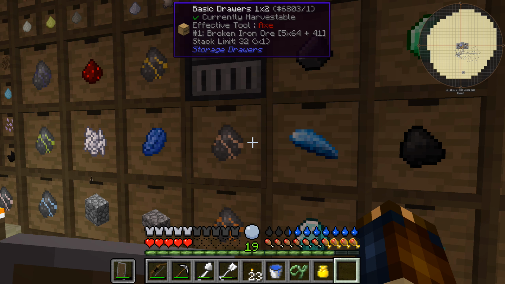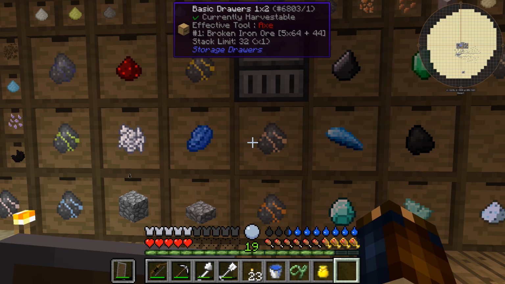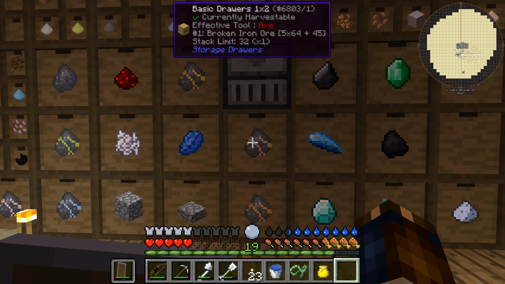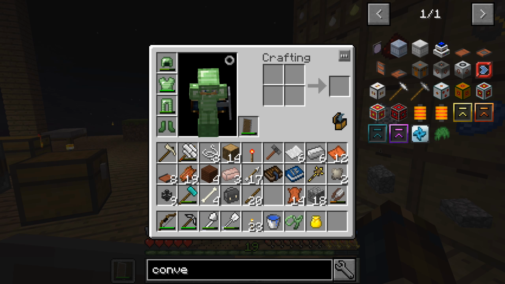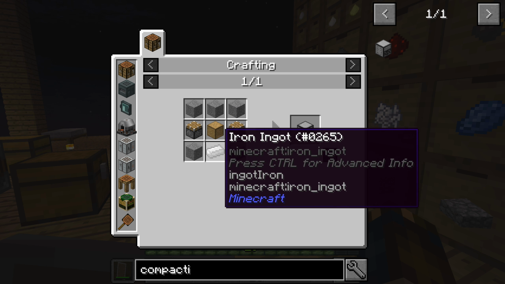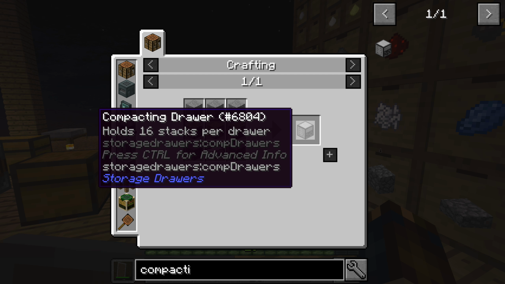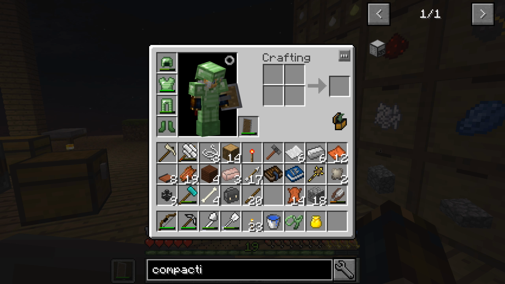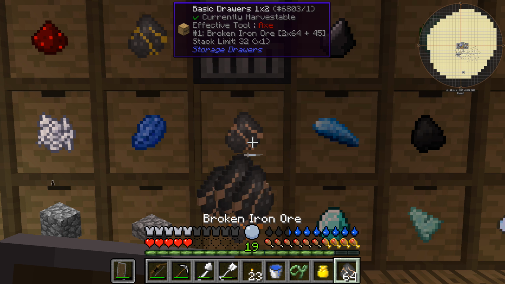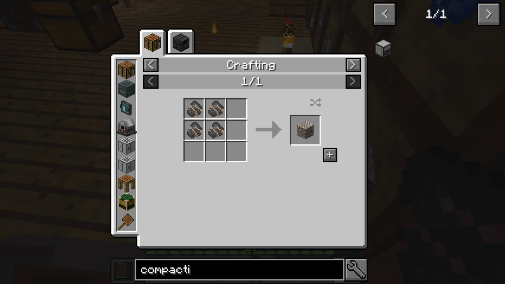Right, so now we have 5 stacks of broken iron ore, which is great, but we have the problem that it needs to be crushed and stuff with a hammer. So that's quite annoying. It also needs to be compacted. What is a compacting drawer again? Compacting drawers are pistons. They're a bit pricey, but not too bad anymore. I'm also not sure if it will actually compact these materials. It would be nice, though, to just be able to pick them out like that, but... We can just grab all of this. And...